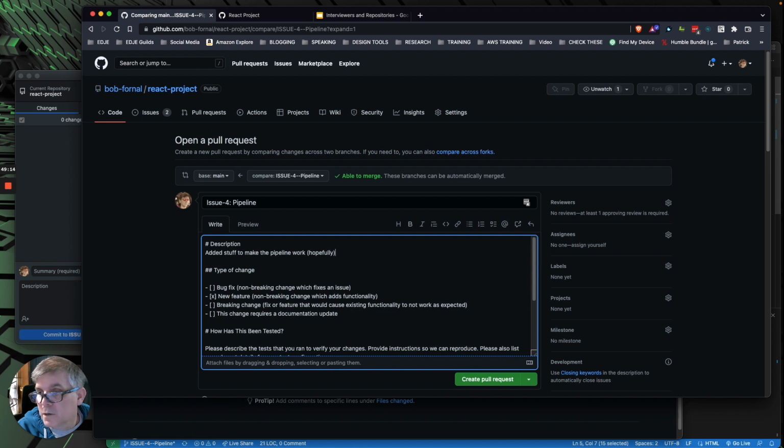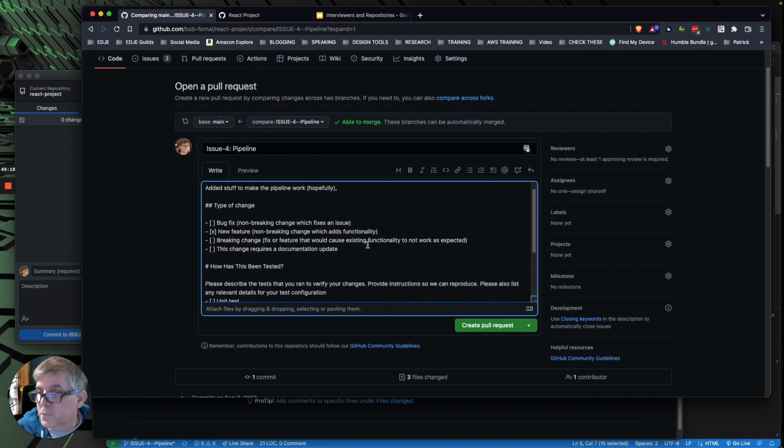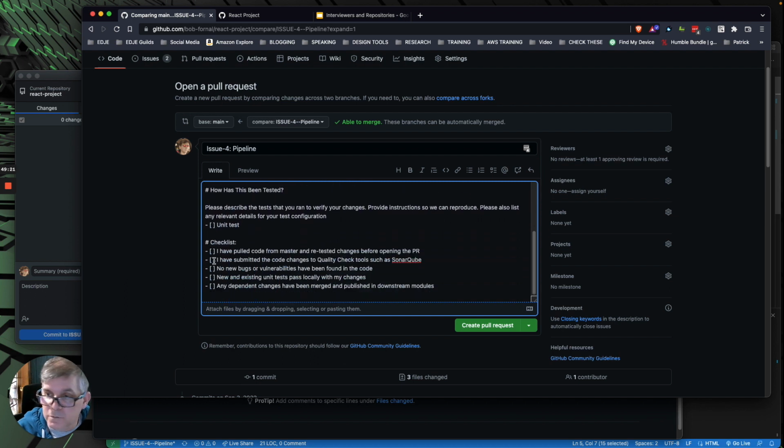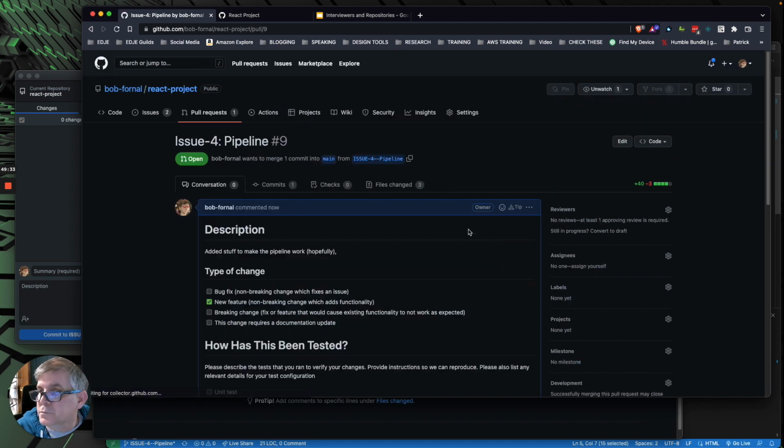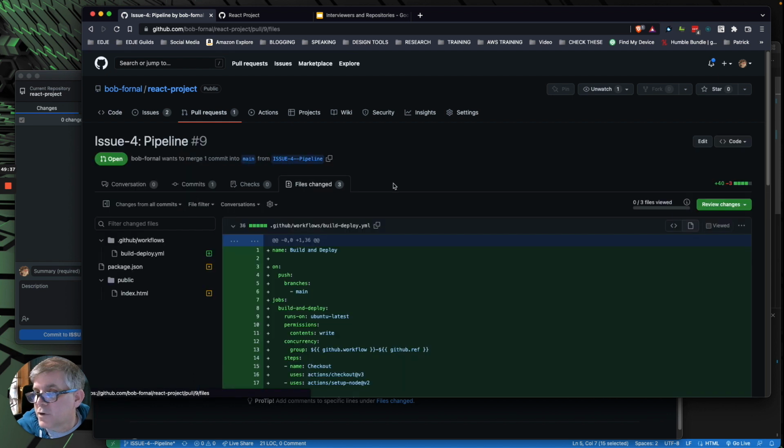Hopefully. Period. Okay. Now here's more we have to do, but it's on GitHub itself. We'll talk about that. Pulled code. No new bugs. Node existing. There we go. Create pull request. Again, assign to myself. Check my files.